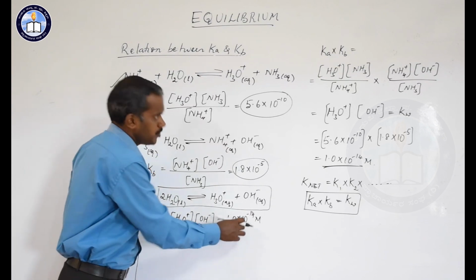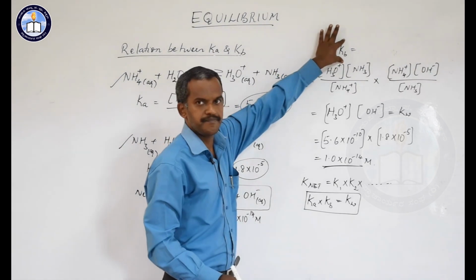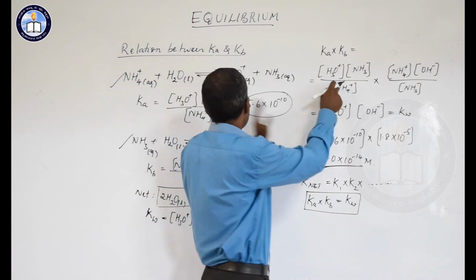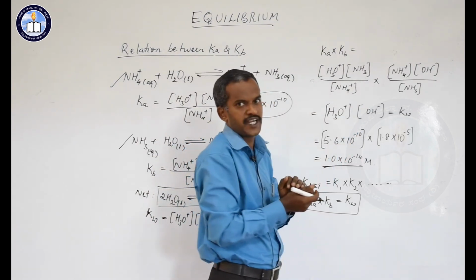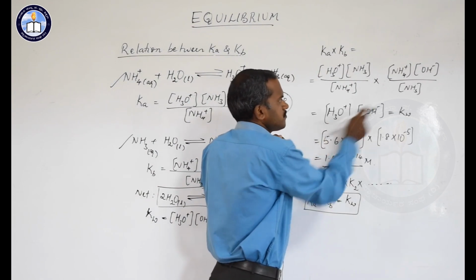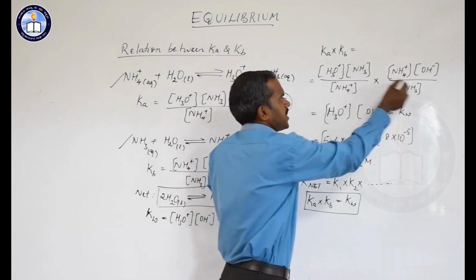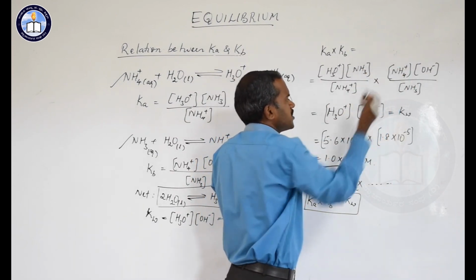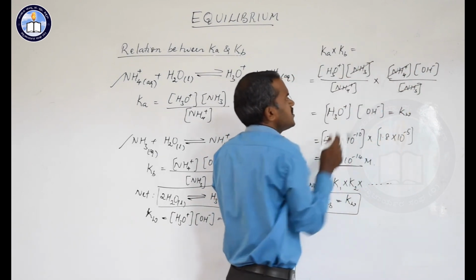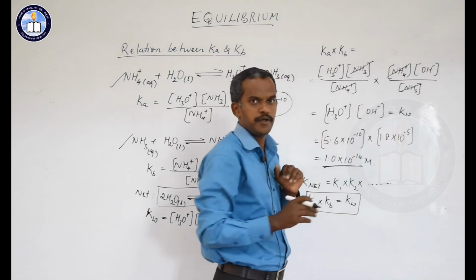Okay, so now using these values, try to understand: if you multiply that Ka and Kb, the dissociation constants of weak acid and a weak base respectively, the same expressions for Ka and Kb will multiply, and finally we are left with H3O plus. The ammonia, NH4 plus, those cancel. You will understand when you multiply: NH3 cancels, NH4 plus and NH4 plus cancel. So what is left out there? It is H3O plus into OH minus. That is equal to Kw.